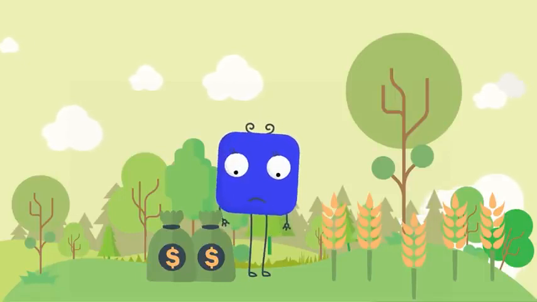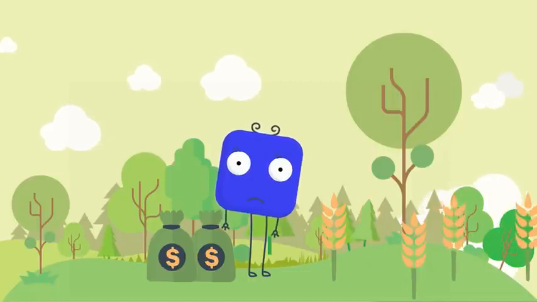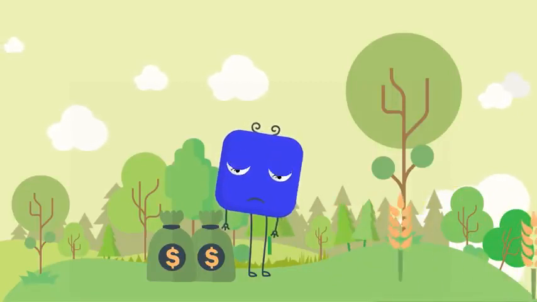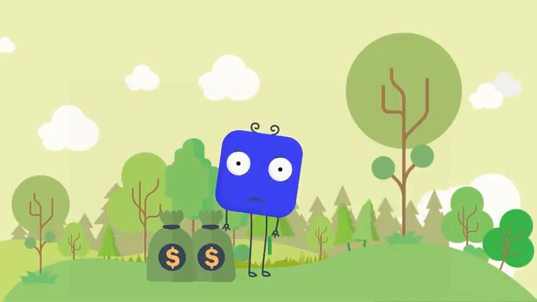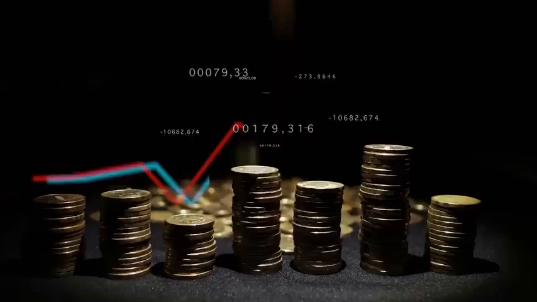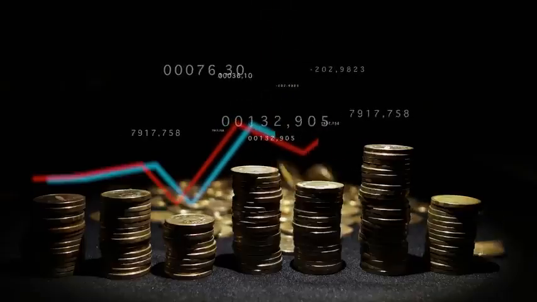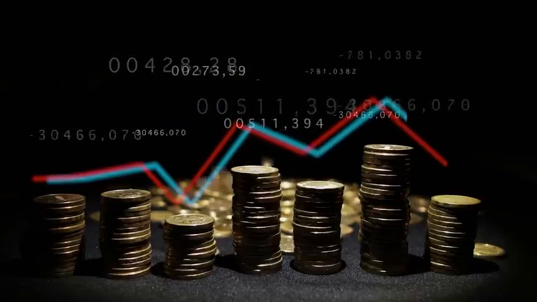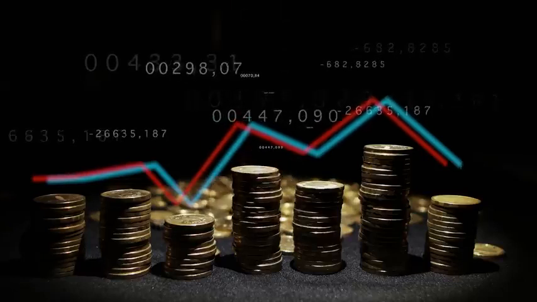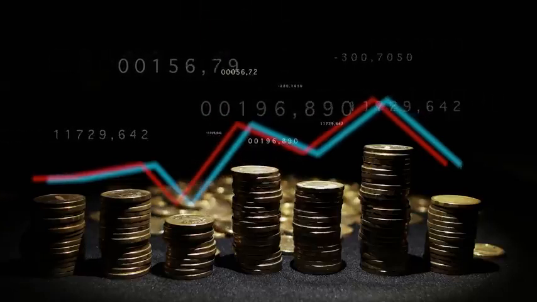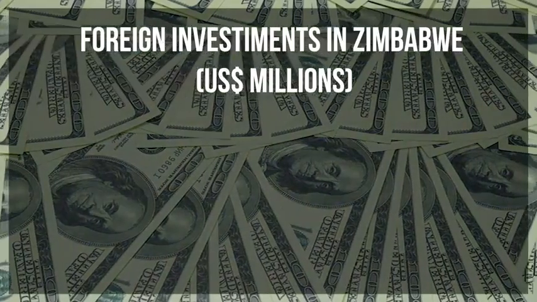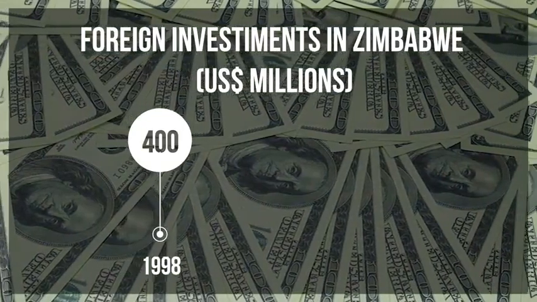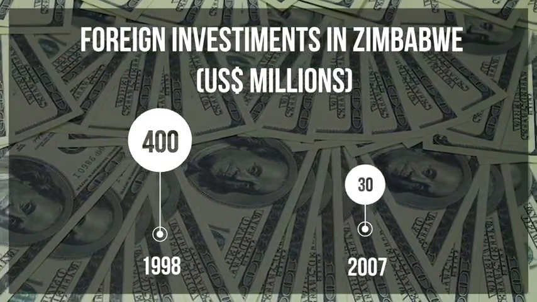Together with the impact of severe droughts, agricultural production and exports declined significantly as a result. The economy stagnated. Food shortages and riots started to take place. The involvement in the wars and accusations of human rights violations raised international criticism, and the country became increasingly isolated. All the uncertainty had a profound effect on the foreign investments, which fell from $400 million in 1998 to $30